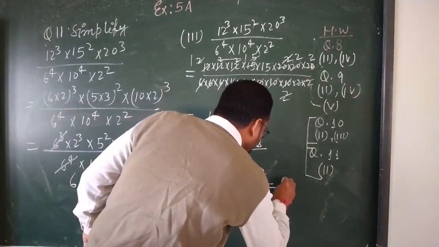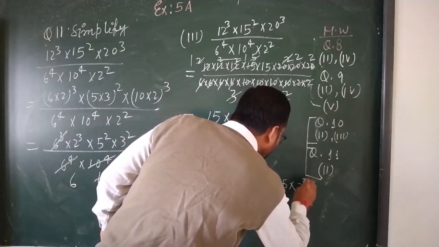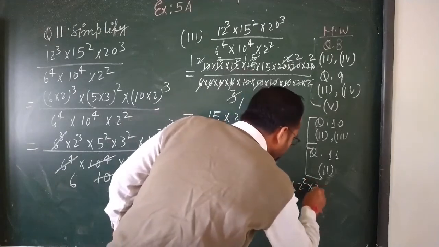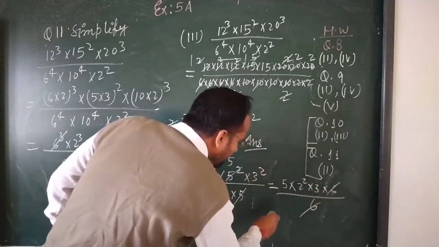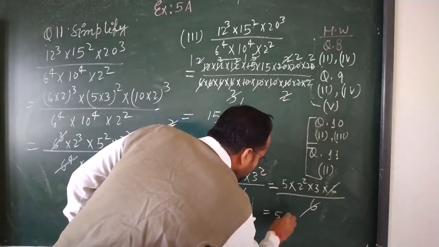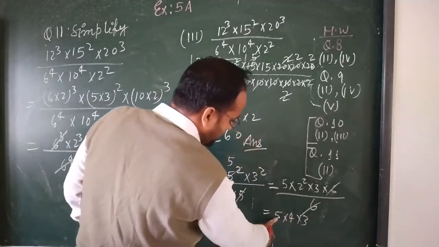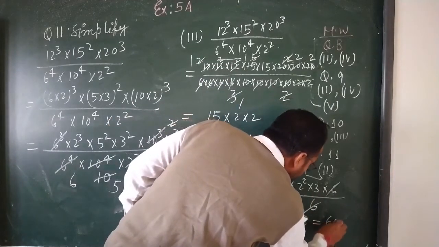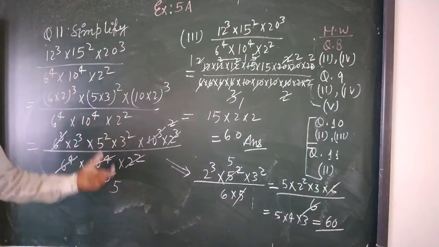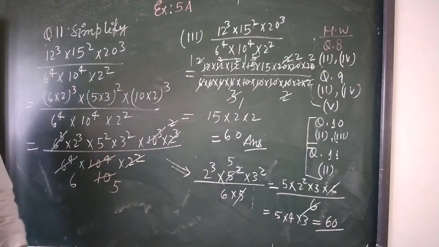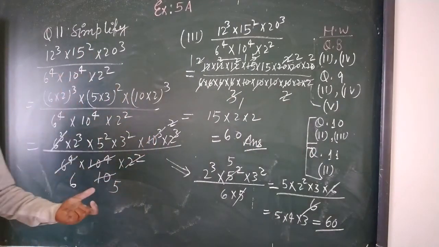So 5 is remaining upside, and then 1 2 if I take this one, then you will get 2 to the power 2 and 1 3 and 3. So 2 3s are 6, and in the downside it is a 6. 6 is cancelled out. So 5, 2 to the 4, and then 3. So 5 4s are 20, and 20 is multiplied by 3. In this case also you will get 60. So if you use your mind and the concept of exponents, you can easily do that question again with this exponent form also.